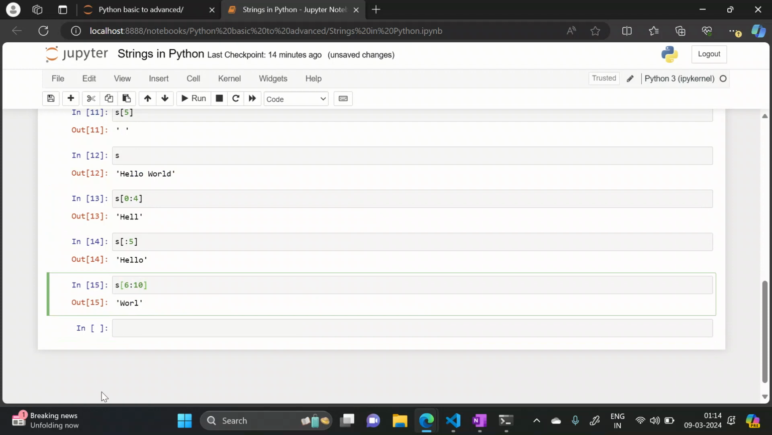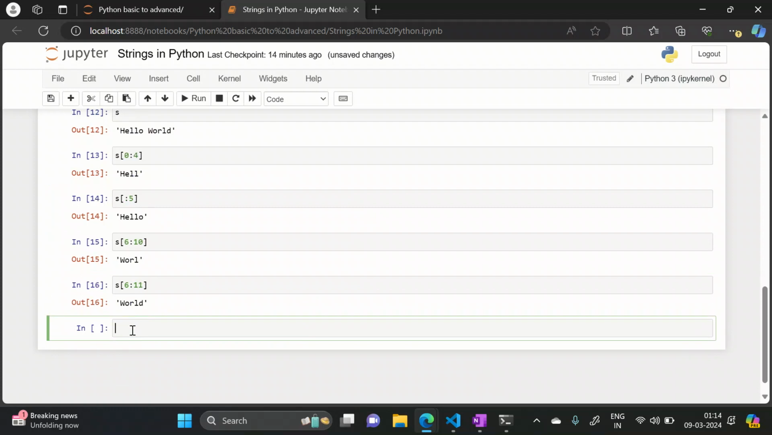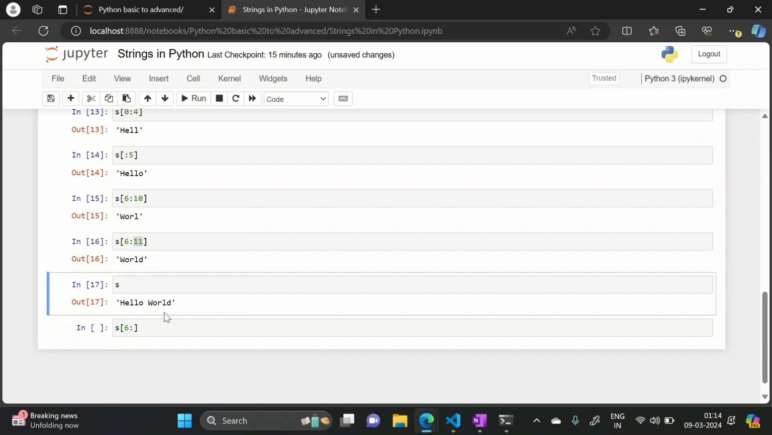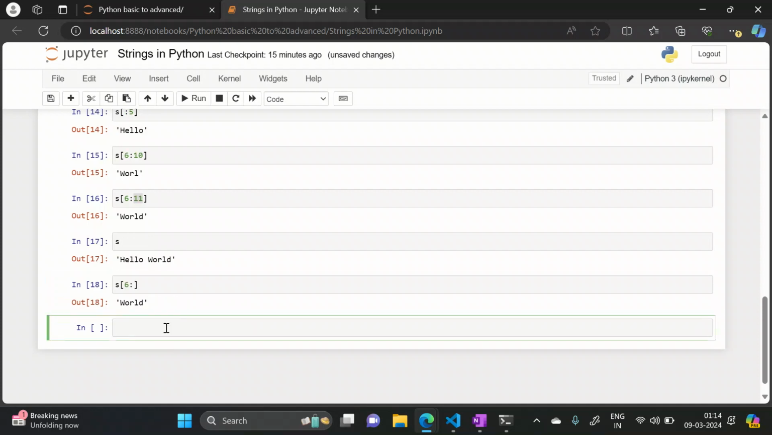Let it be here only. So let me put it in a new cell as s of 6 colon 11. Now the end index also has a default value. If you leave the end index, it will by default go till the end of the string. So you can simply say s of 6 colon, and it will start iterating from index 6, and since the end index is empty, it will iterate till the end of the string, and in this case it will give you